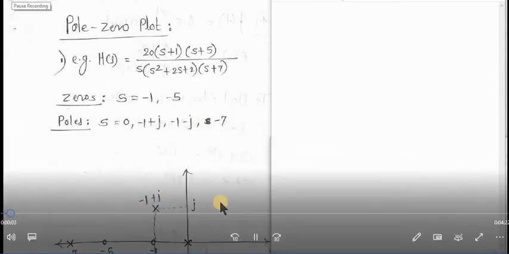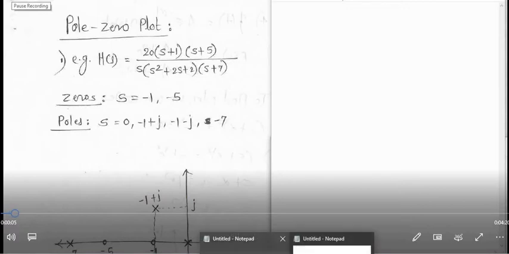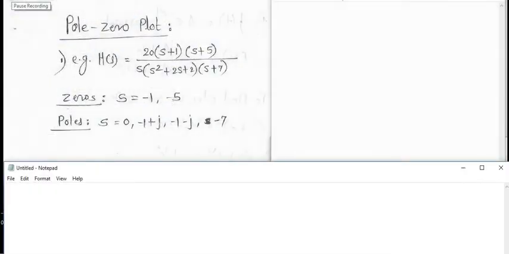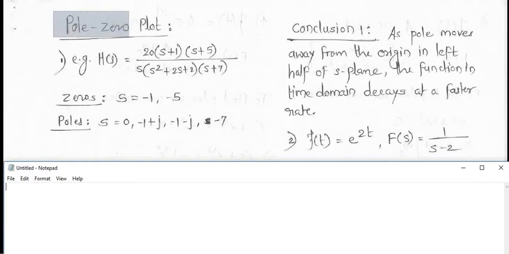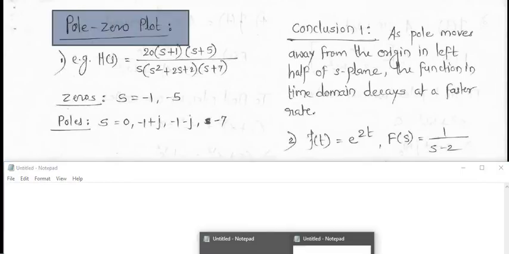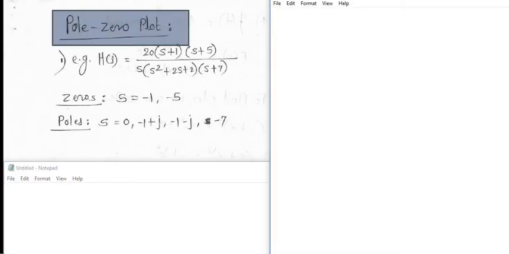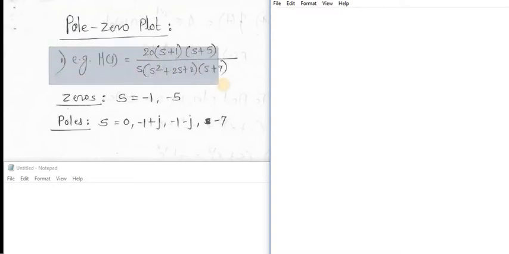Hello students, today we will learn about how to draw a pole zero plot for a given network function. So look at this, we will be plotting the pole zero plot for the network function given as H(s) = 20(s+1)(s+5) / [s(s²+2s+2)